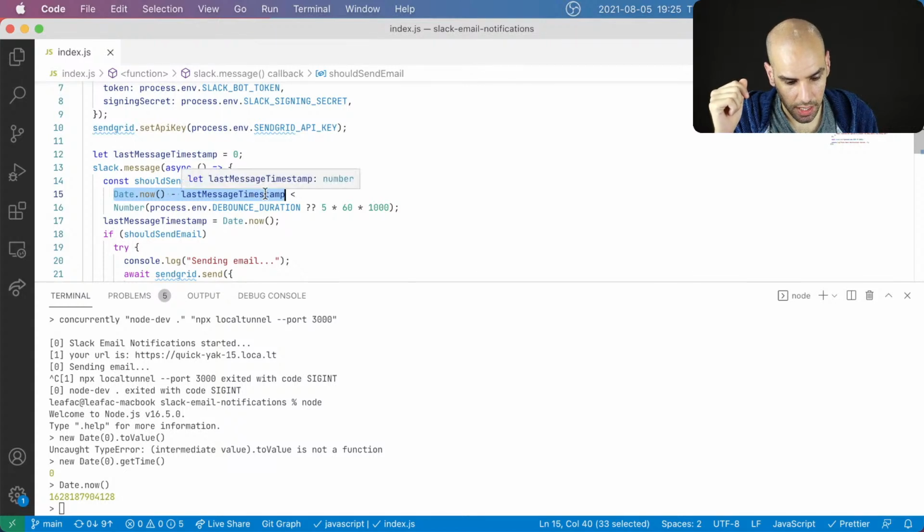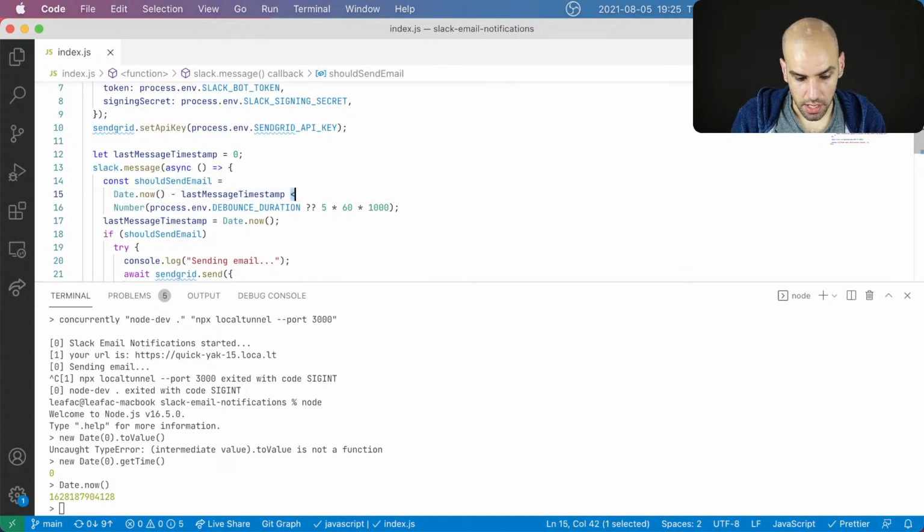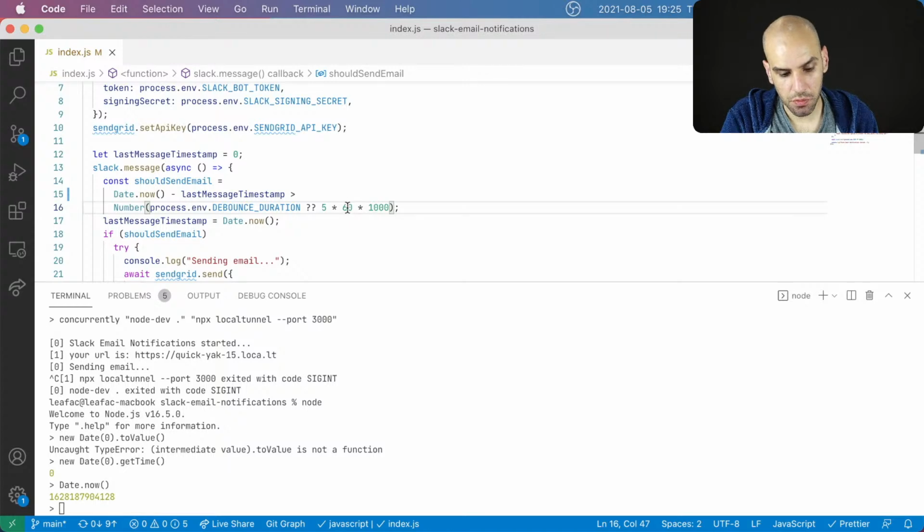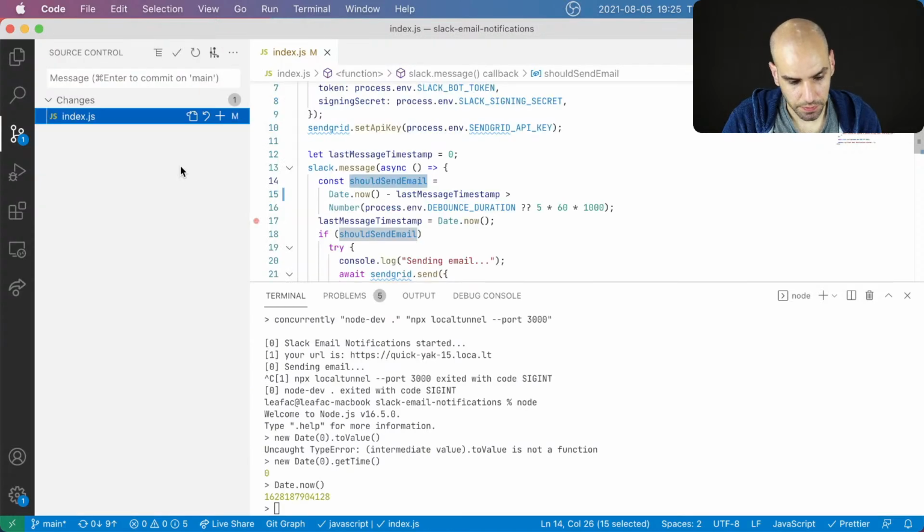If the amount of time that has passed is greater than a certain threshold, then it should send email. So I had the logic flipped. Yes, I think that is all right. And if it's greater than a certain threshold, which is the debounce duration, which by default will be 5 minutes, then it should send email.